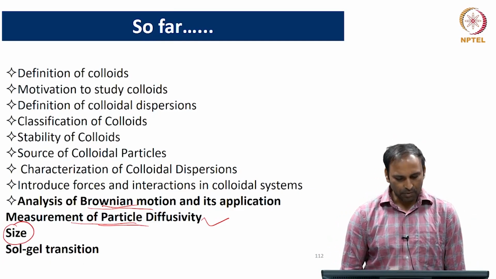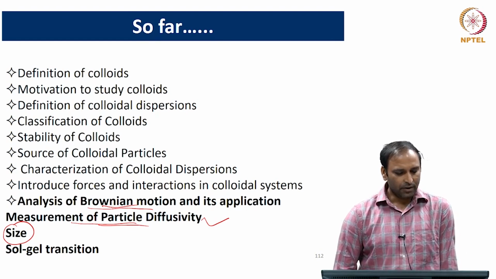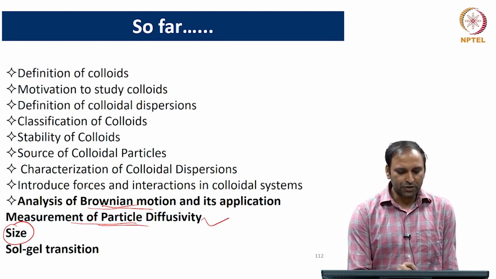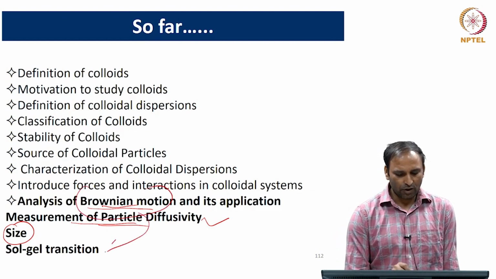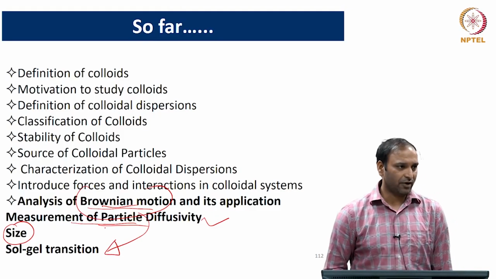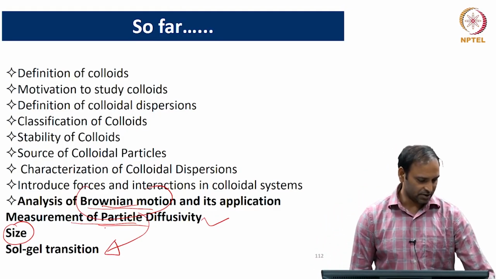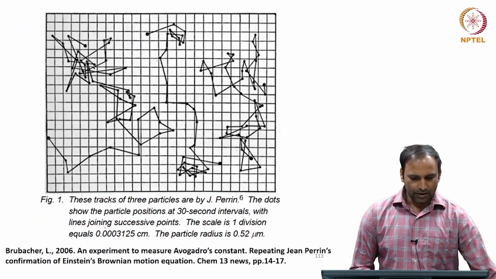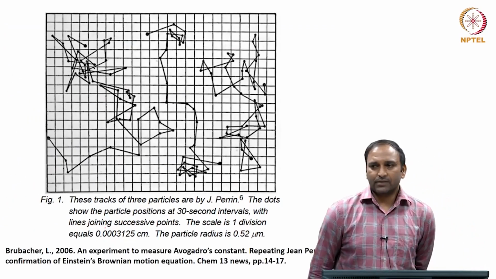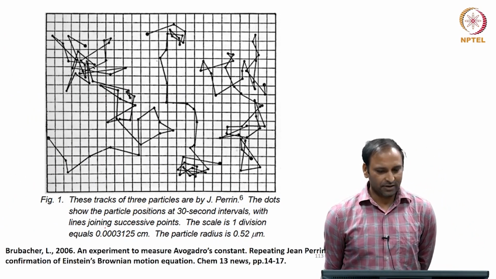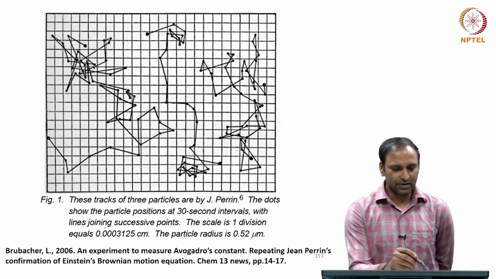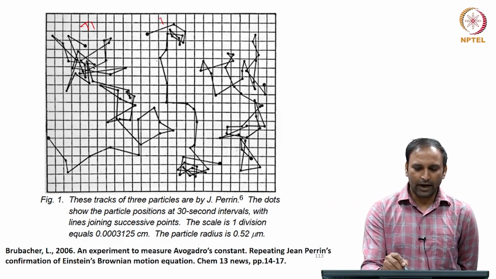And then I will also hopefully give you some hint as to how one can use this Brownian motion for looking at what is called a sol-gel transition. That is what we will try and do in this lecture. So, this is again what I have already shown, three tracks: track 1, track 2,